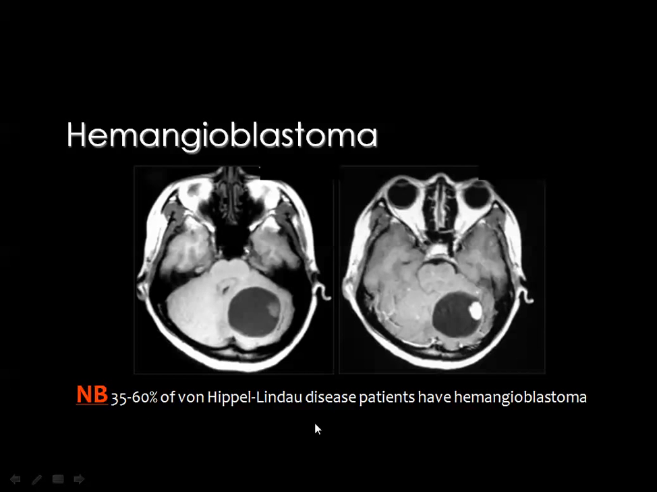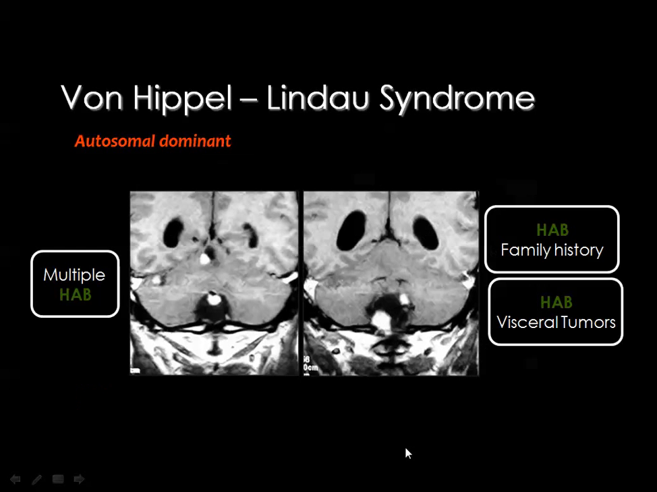And this is the T1 weighted image before contrast injection, and after contrast injection, the nodule is of intermediate signal here, and it shows intense post-contrast enhancement. And this is an example of a patient with von Hippel-Lindau syndrome having three